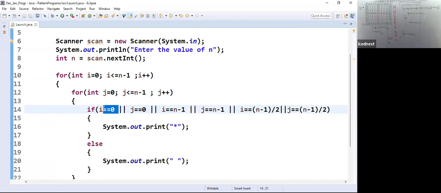This condition I want. Next, I want the condition j should be 0. Next, I don't want i equals n minus 1. I want j equals n minus 1. Also, I want the middle row. I don't want the middle column. If I execute it,